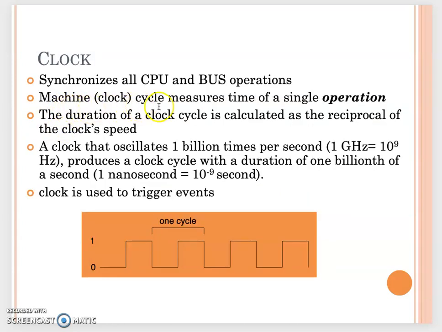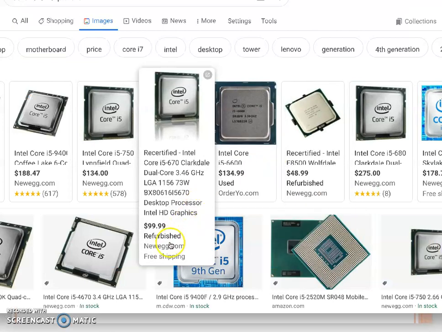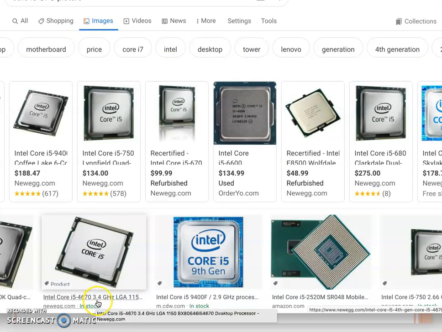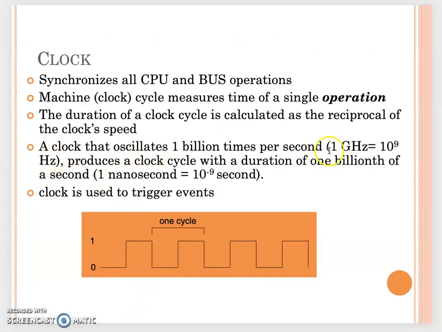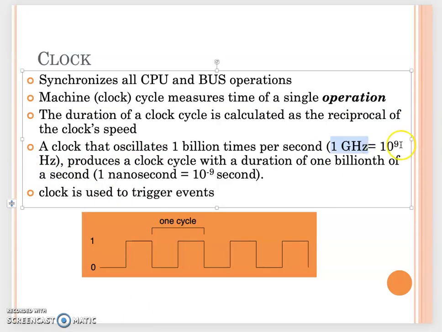So how do we calculate the clock time? The clock time is just a single period of time for one single operation. The duration of a clock cycle is calculated as the reciprocal of the clock speed. Do you remember the speed? Earlier we showed you, when we talk about the i5 processor, they always told you, oh, you have 3.4 gigahertz. This gigahertz actually represents the speed of the clock. So 1 gigahertz is 10 to the 9th power. So then we were using this one to